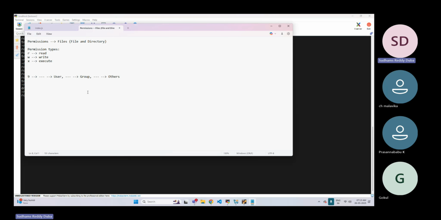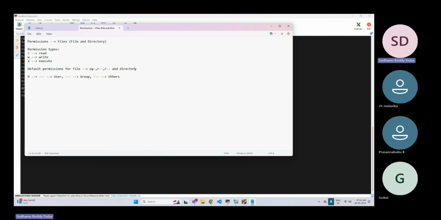So, default permissions for file and directory. What is the default permission for a file? It is read, write for a user, read for a group, and read for others.